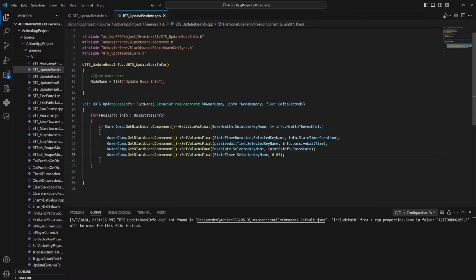So we actually don't want to do that. We want to keep going and just find whatever is the lowest threshold that we go past, I think. I also don't think that we're going to be setting the state timer back to 0 because of that.